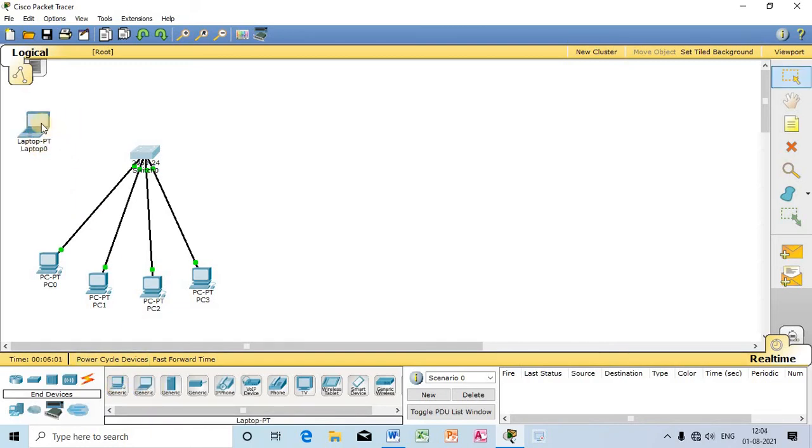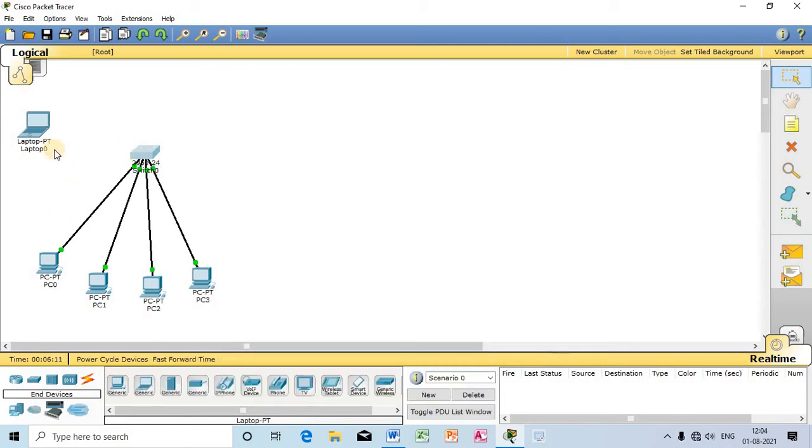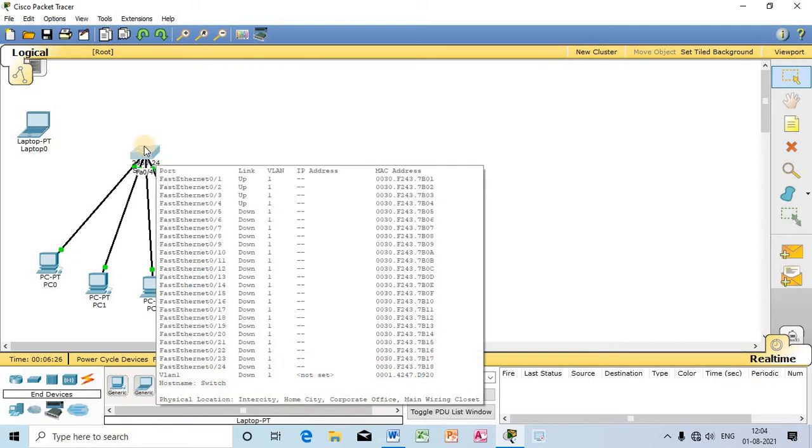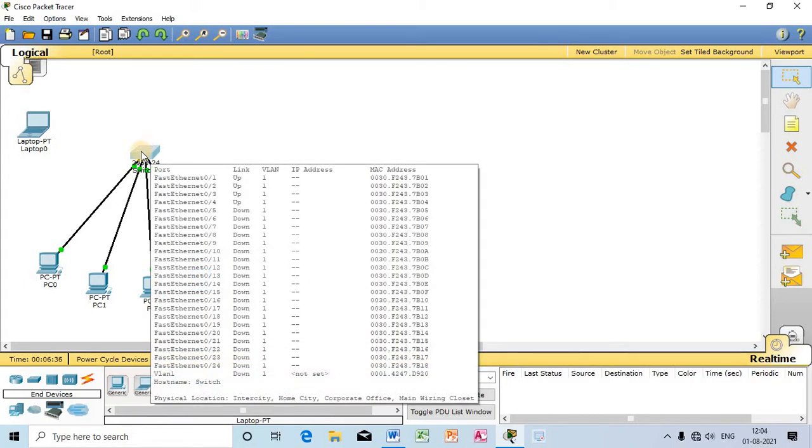So now I will connect this laptop with this particular switch, but not to create a LAN setup, but to configure. The purpose is not to connect this laptop with the LAN setup. The purpose is different. I will use this laptop as a screen to watch out the interface of this particular switch, because I will configure the internal hardware of this particular switch, and to do that I need to access the system of this particular switch on a screen.